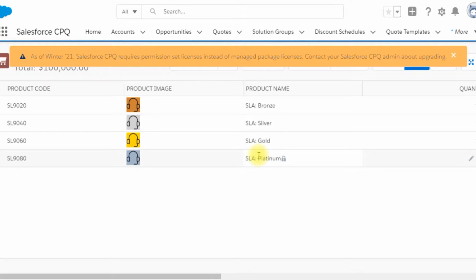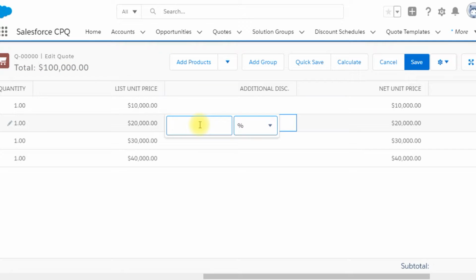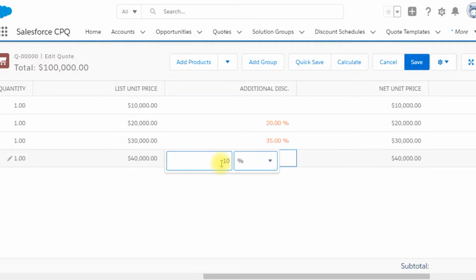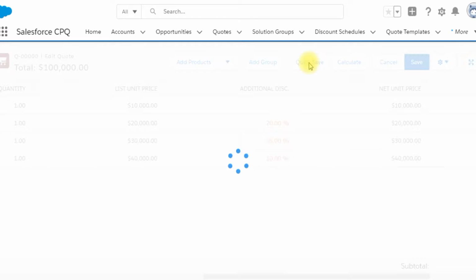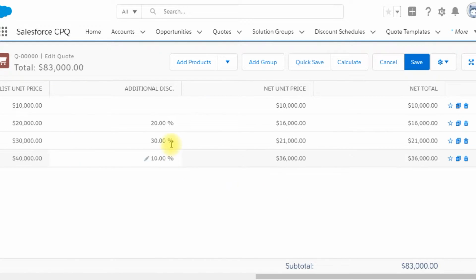So I have already set up one discount category which will not allow the sales rep to exceed the discount by 30%. So anything entered above the 30% will be overridden. So let me start adding random discounts on the quote line. Here you can see I have added 20, 35 and 10% discount on 3 different quote lines. So as per my requirement, the discount for the second quote line should be overridden to 30%.